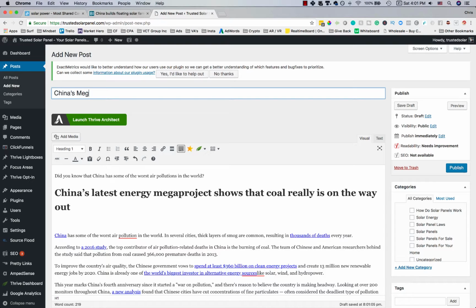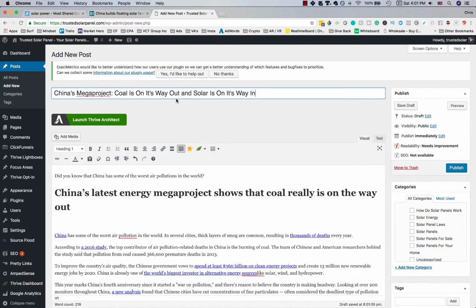China's mega project solar. So you'll see here, I basically just rewrote the title.